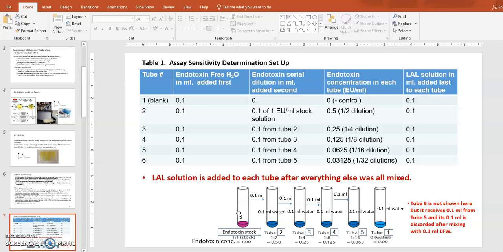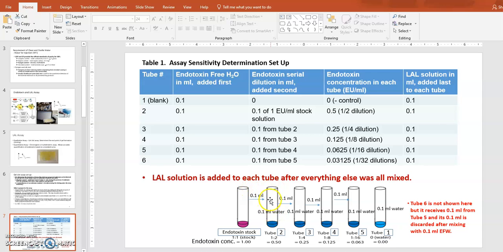And then you will also be given the endotoxin sample. Those are pure endotoxin that's made, and that's diluted. So the endotoxin stock solution you'll be given will have a concentration of 1 endotoxin per ml, and you're going to transfer that 1 endotoxin per ml stock into your test tubes. Let's say the first one is blank, so you're not going to add endotoxin there. You're going to skip that. But from the second tube to the 6th, you're going to add endotoxin stock solution